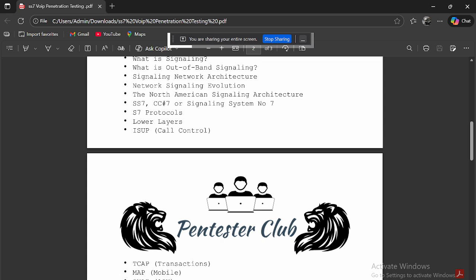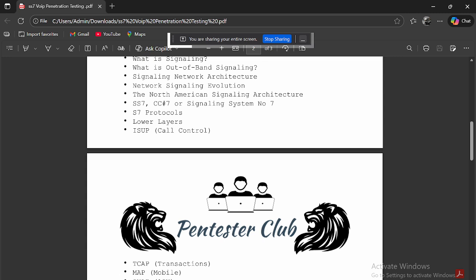So now we would like to discuss SS7 protocols. First of all, we would like to discuss SS7 protocols.